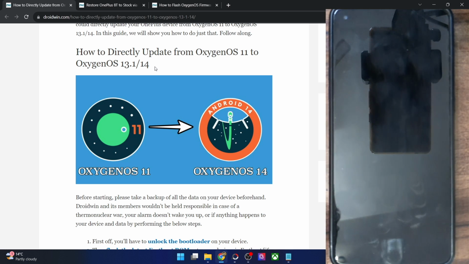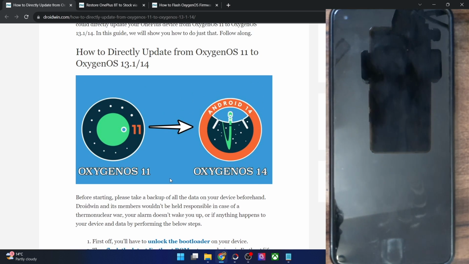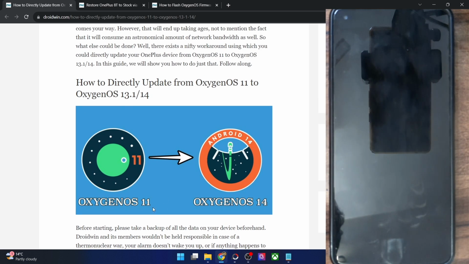However, in case of the OnePlus series, as you might be aware, till OnePlus 9, if you want to go to the stock firmware, you could take two approaches. You could either flash the fastboot ROM or you could flash the OPS firmware using the MSM tool. However, in both these cases, you will be taken back to the Oxygen OS 11 firmware, whereas the custom ROM will require you to be on the latest Oxygen OS 13.1 or the 14 firmware.